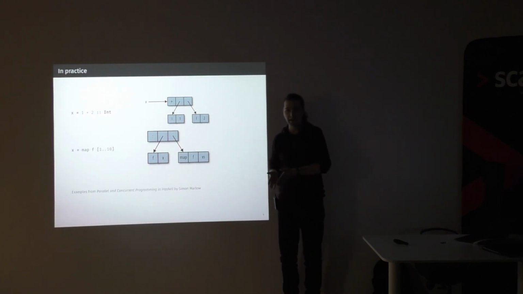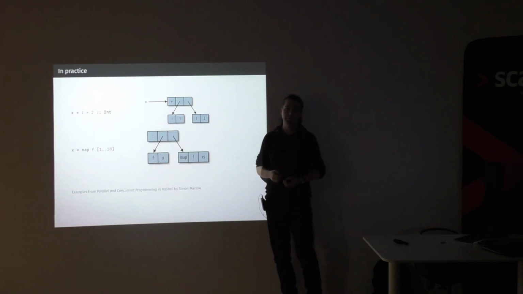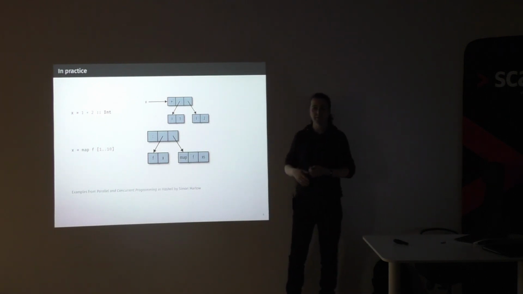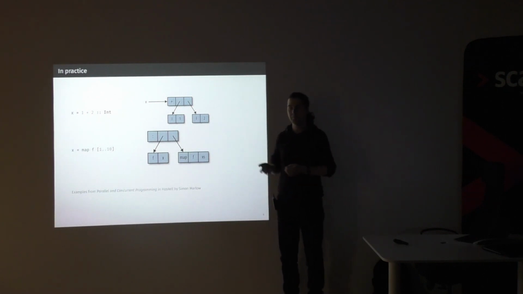So if you want to print the head, it will evaluate it totally because you need to print it. But if it's something a bit more complex and you ask only for part of it, an example will come later, then it will evaluate only as far as it needs to compute. Okay, so